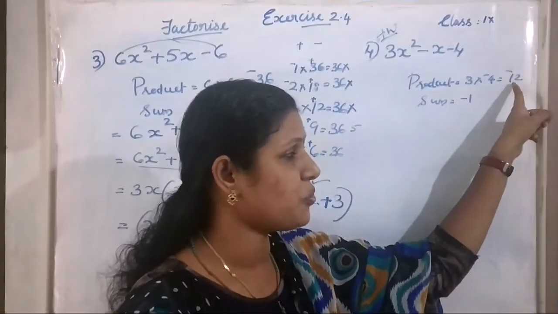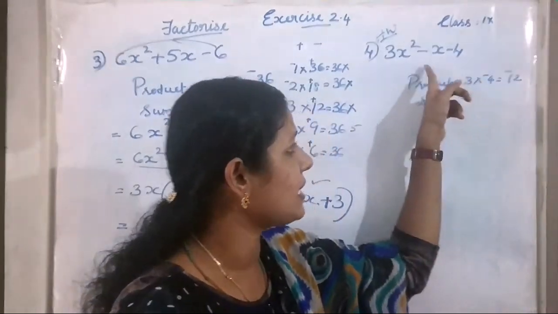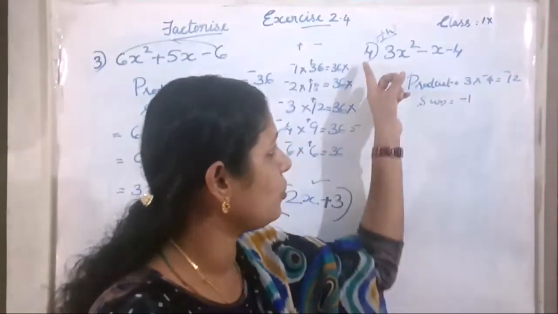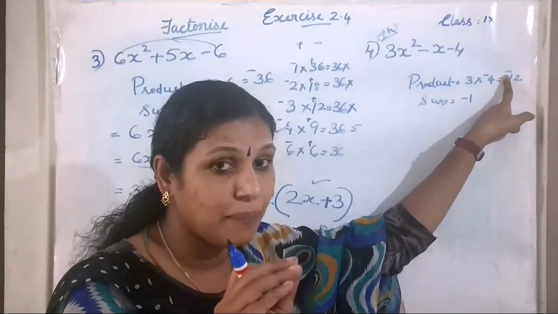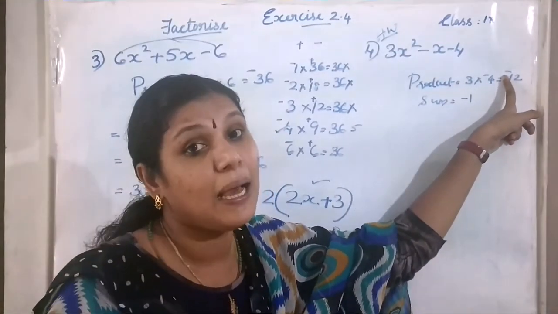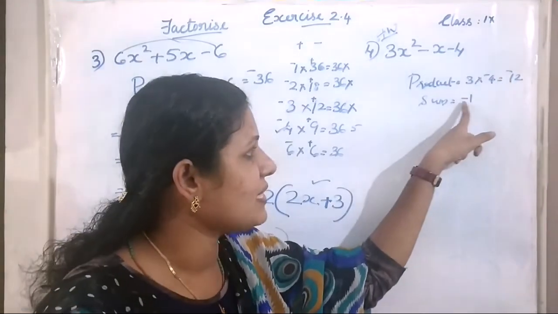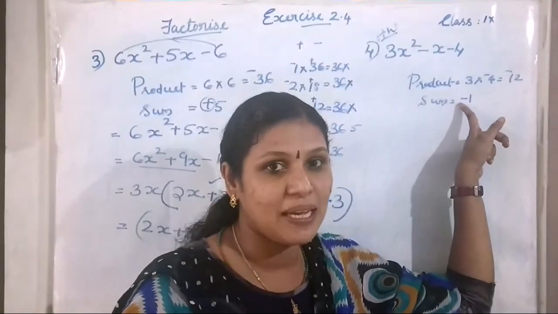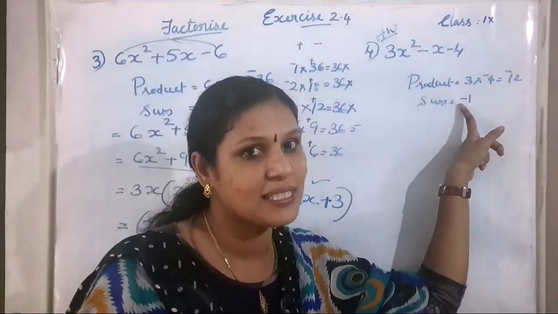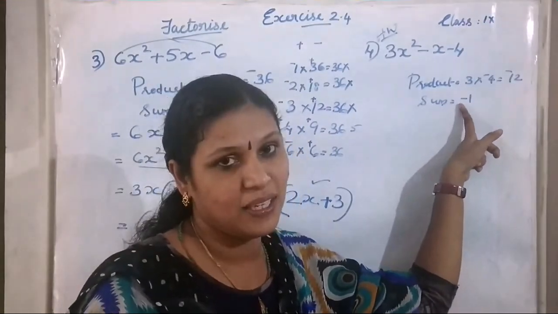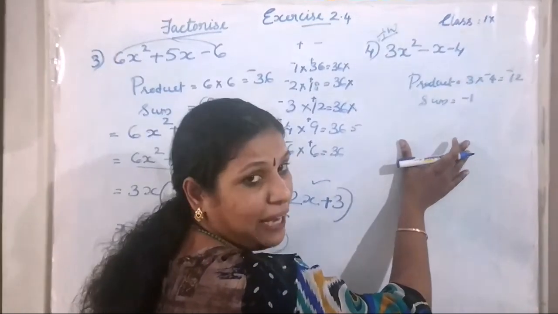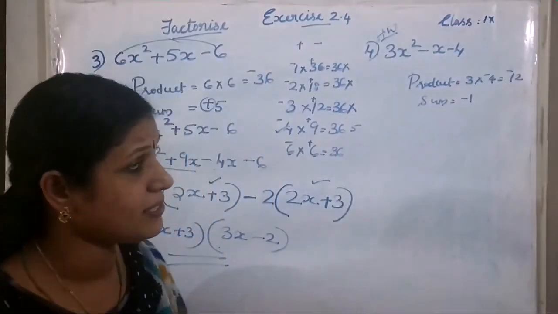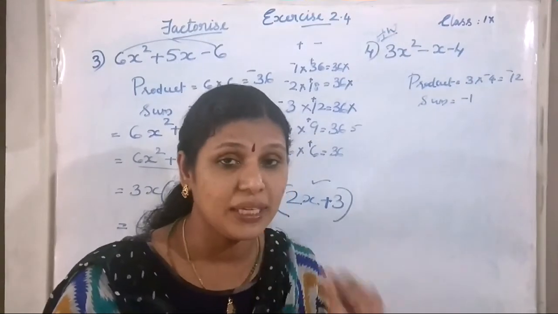Okay, find which numbers give this 12 and check the sign. The sign is minus, so one number is plus and the other number is minus. And since the sum sign is minus, the bigger number's sign is minus. Okay, that's why you can do this problem yourself, study these factors, write each question 2 times and